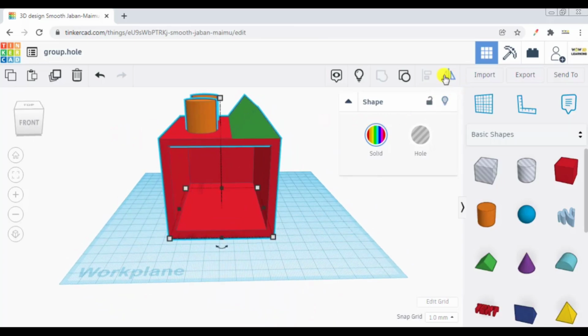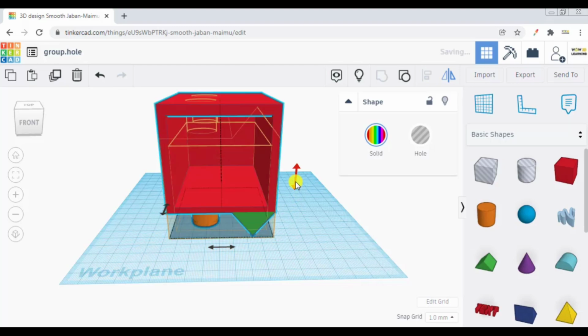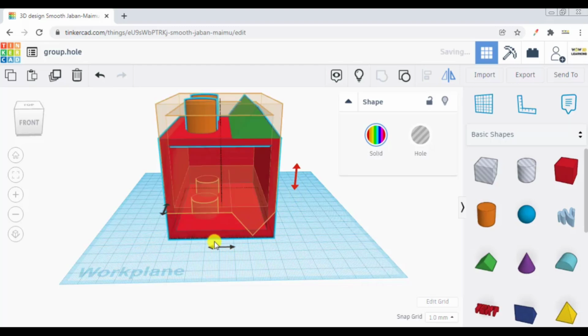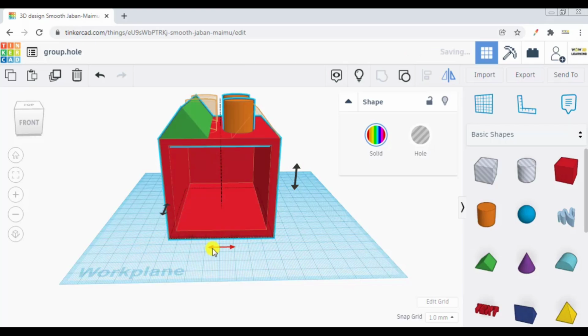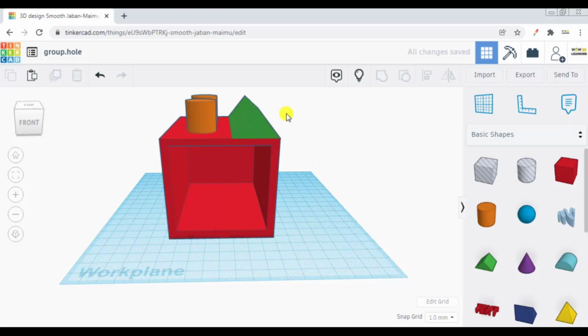And also there was this option called mirror. If you click this, it will ask you along which direction you want to mirror it. If I click this, you can see it is rotated. If I click this, it is flipped. So this is also called flip, changing the portion right to left, left to right. If I click this, the back portion has come in front. So like this you can play around. I will leave it here.